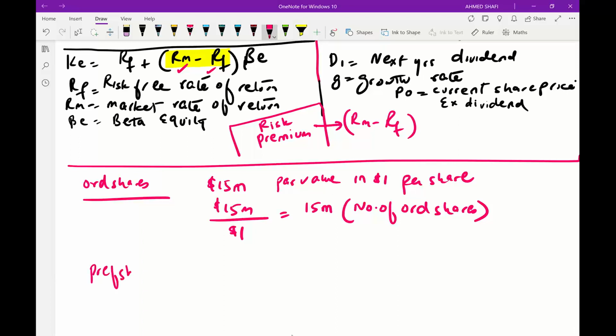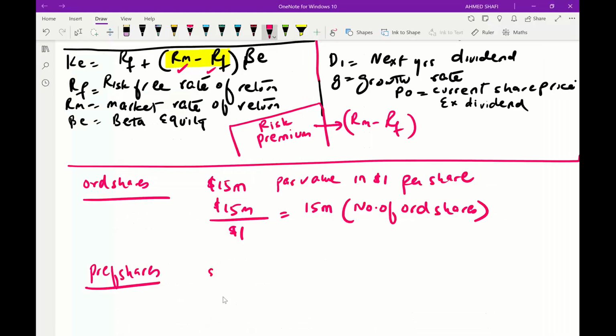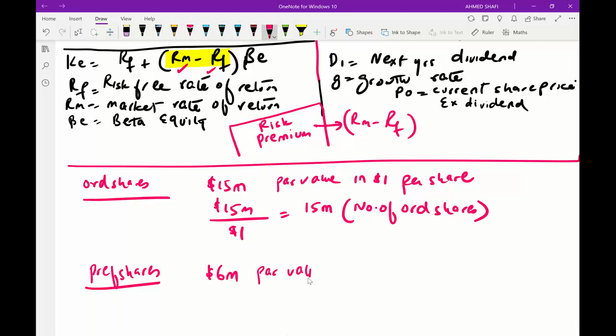Similarly, if you talk about preference shares, I can see the 6% preference shares in the balance sheet at 6 million. So the worth of preference shares is $6 million. And it says the 6% preference shares have a nominal value, par value of 0.75 per share. So if my total worth of preference shares is 6 million and par value is 0.75, I will divide it. That means 8 million is the number of